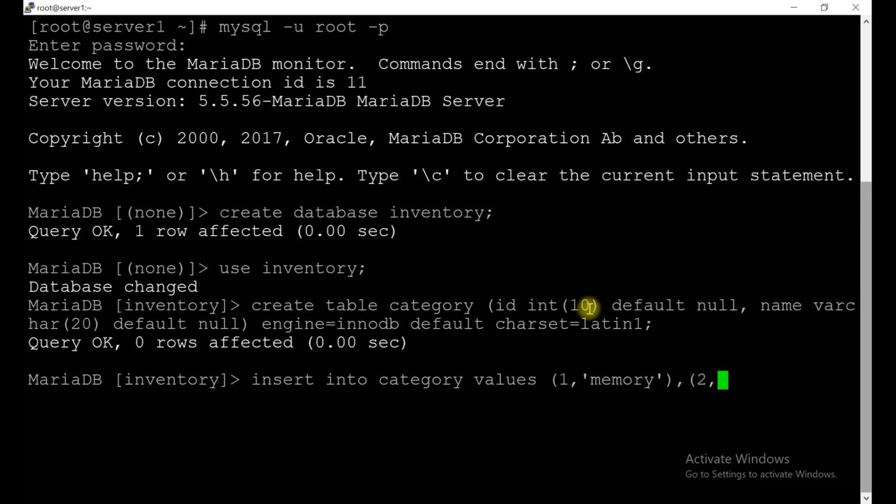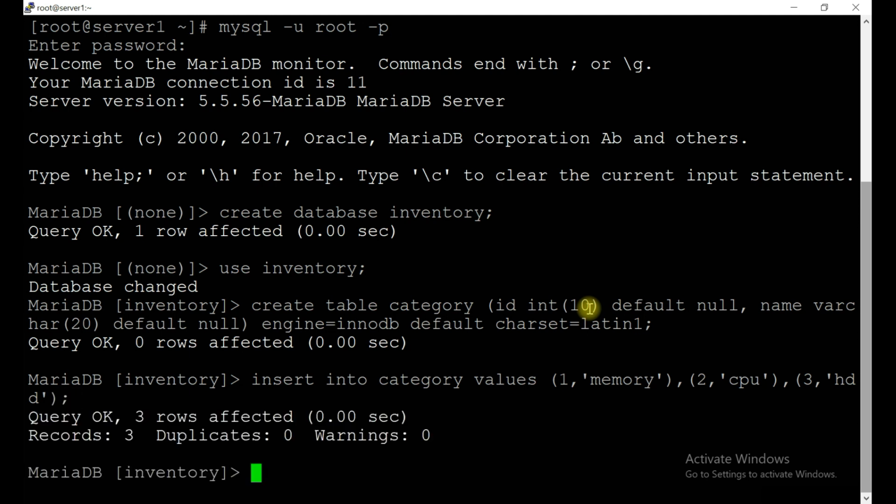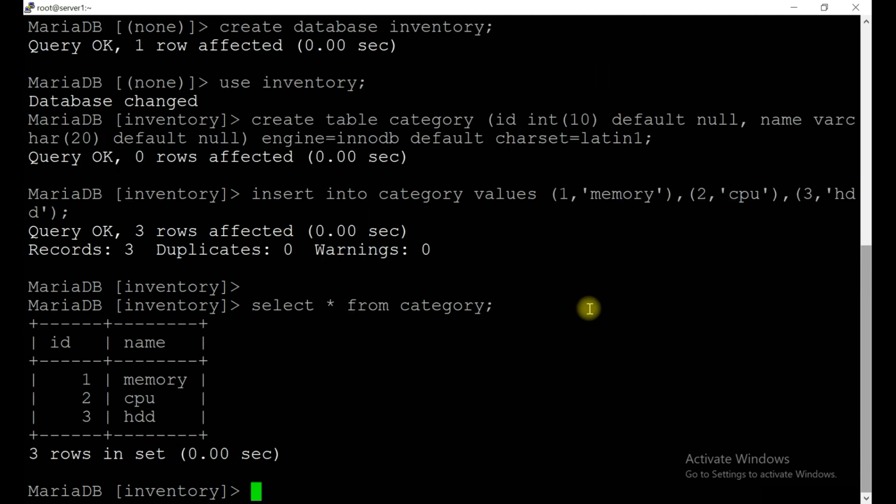You need to be careful while entering any information, because there are very small mistakes you may make, so just be careful while doing it. 3, and this is HDD. So 3 rows inserted. Let's see the values. Select * from category. Okay, so we have these 3 rows.